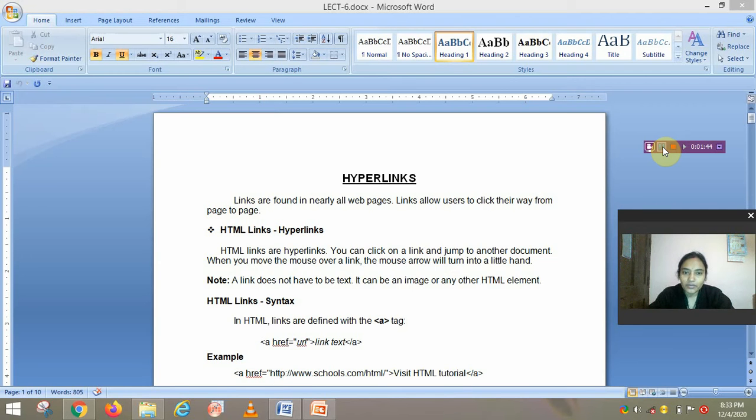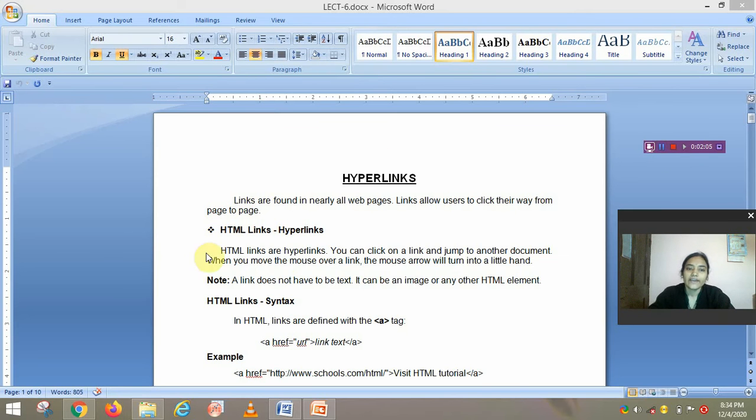That means the text or the image is linked with another document or another web page. How is it possible? This we will study in this hyperlink concept.